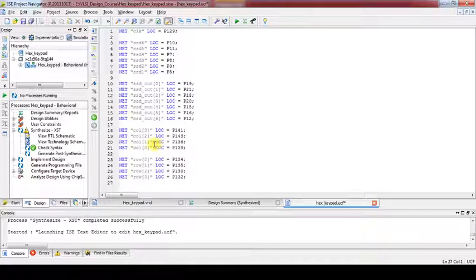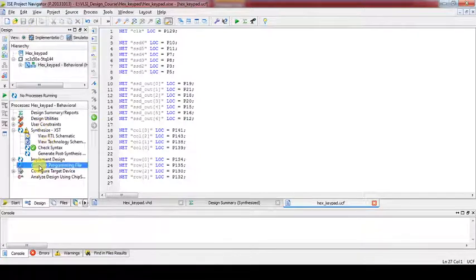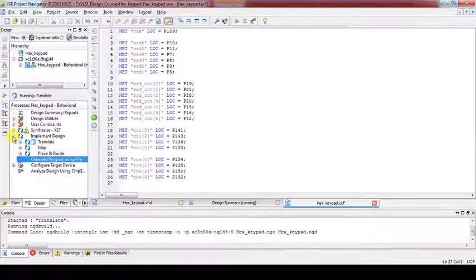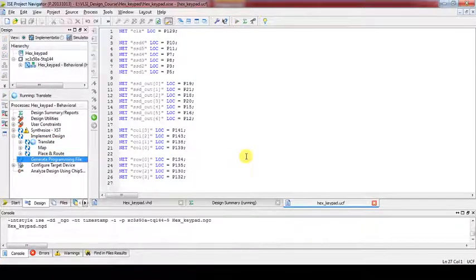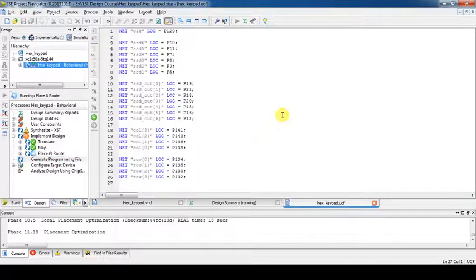Okay, so our clock is there, then SSD control signals are there, 7 segment signals are there, A, B, C, D, E, F, G segment, then 4 columns and 4 rows. So our UCF file is created. Just save it and generate a programming file. We may have to wait for some time. So place and route is happening, so it will generate a bit file.